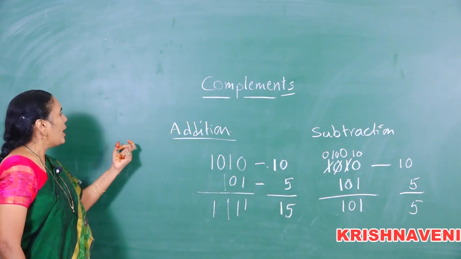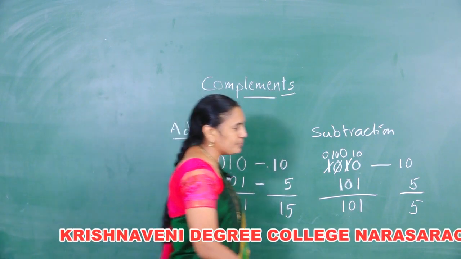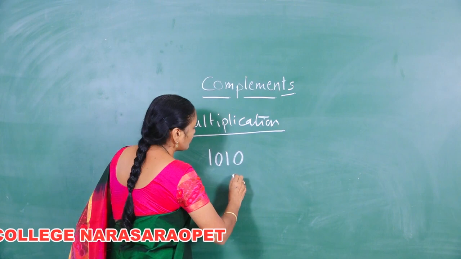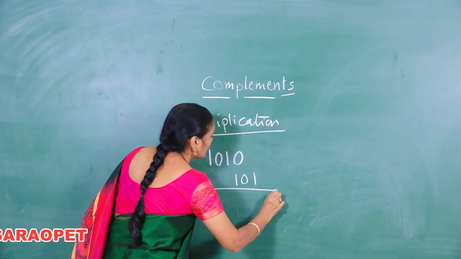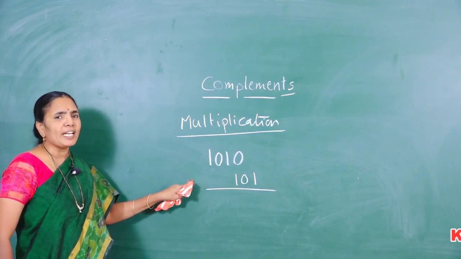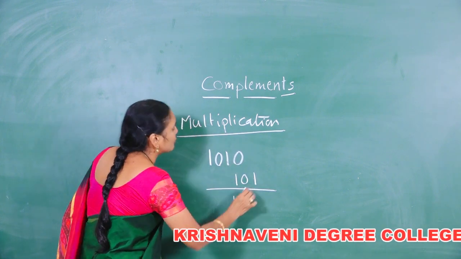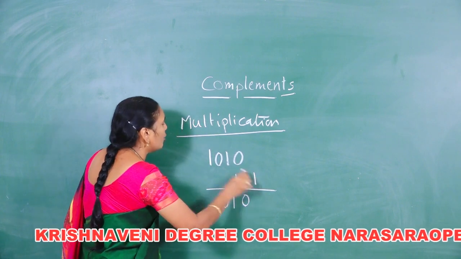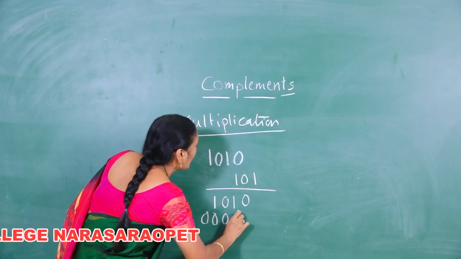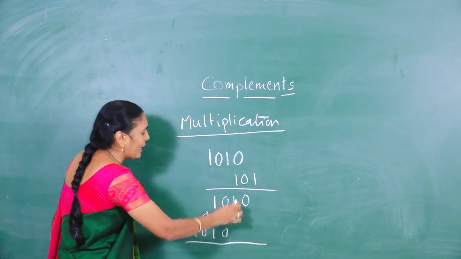Now we have to perform the other two operations, that is multiplication and division. For doing multiplication also we are taking the same numbers. Here we will do the multiplication as we have done in decimal. 1 multiplied with 0 is 0, 1 multiplied with 1 is 1, 1 multiplied with 0 is 0, 1 multiplied with 1 is 1 and 0, all 4 zeros. Next 1, again the same value 1010. You have to add all these